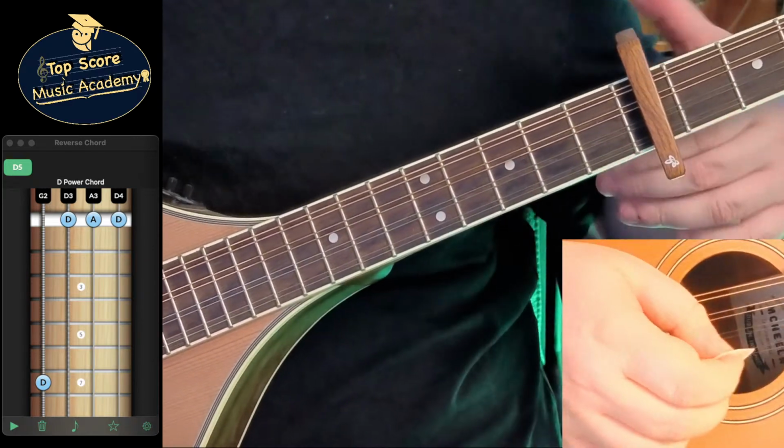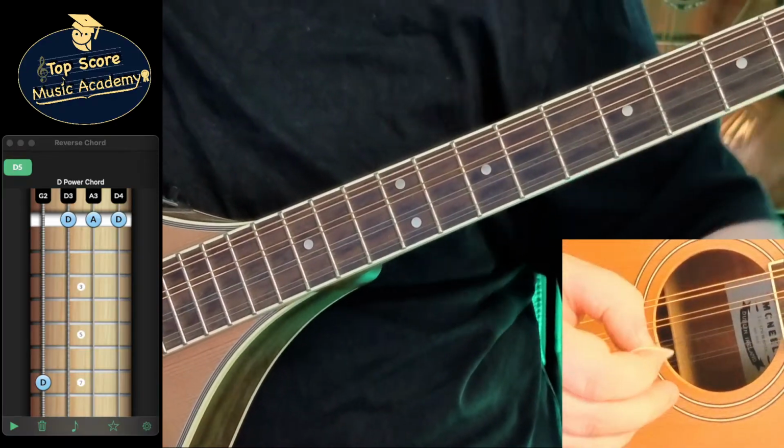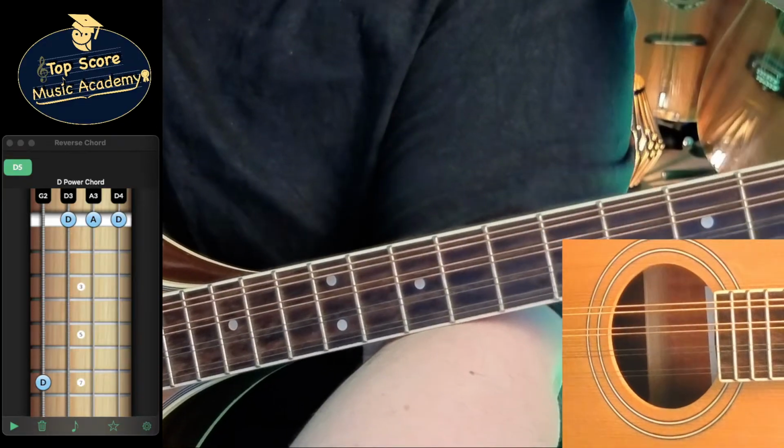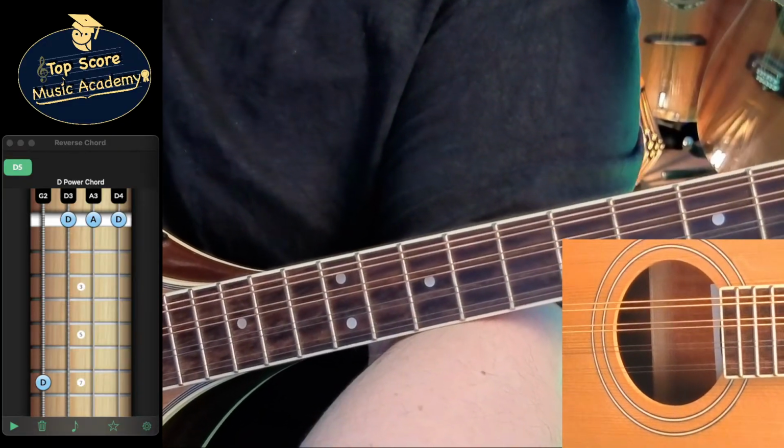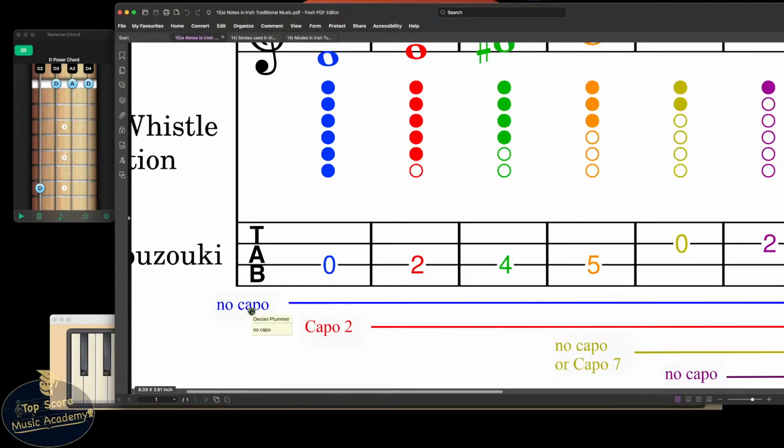Okay, so not really. I still don't really like the sound of it with the capo on 7. It's possible if you're stuck, want to have a go at doing that. It is possible. I think you just have far fewer choices when you start putting the capo on 7